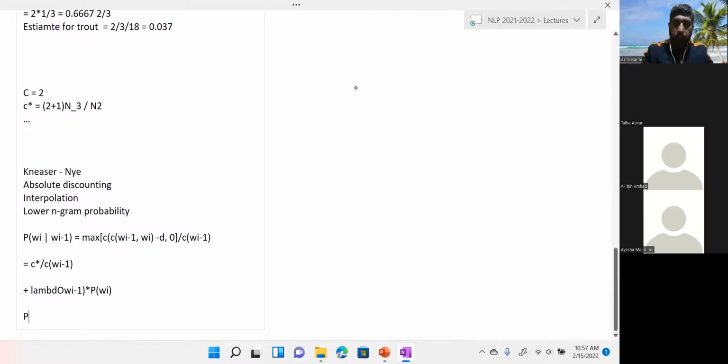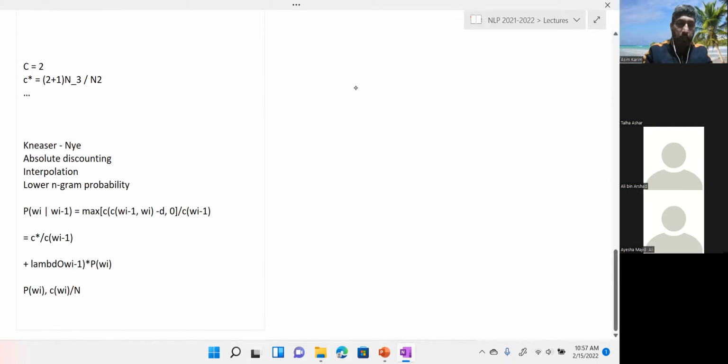So let's look at, first of all, P(Wi), the unigram estimate. Instead of using P(Wi), he also used another heuristic, and this is also again based on empirical evidence. He said instead of computing P(Wi), which would of course be C(Wi) divided by N, the total number of tokens in the data, instead of that you should compute P continuation